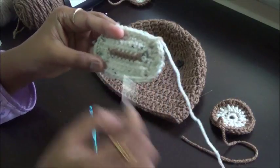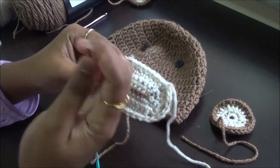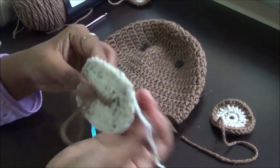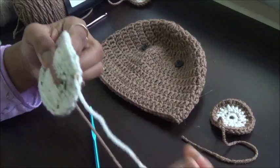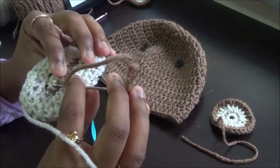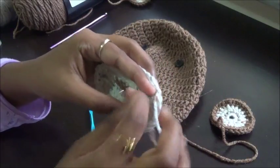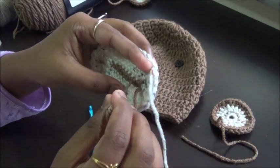So when you do it, you can count the middle stitch from here and here, and you can do it like this. Do it front and back for 8 stitches, and you can do the same one more time so that you will reach the starting point, right? See, when you reach here at the end, you can always do the same process again,